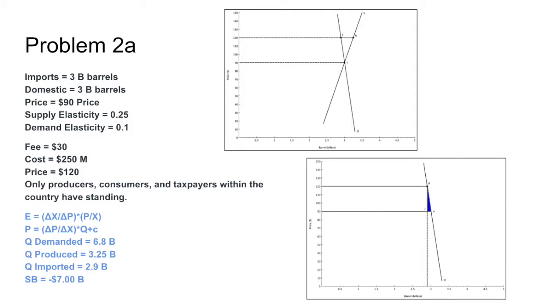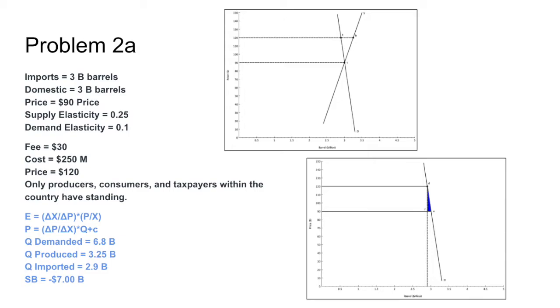Slope of the domestic supply curve was found by inverting elasticity times quantity divided by price. Slope of the demand curve was found via the same method. The p-intercept was found by plugging known price and quantity values into the respective equations in the form P equals NQ plus C. Part A considers the changes resulting from a $30 import fee and a $30 price increase in